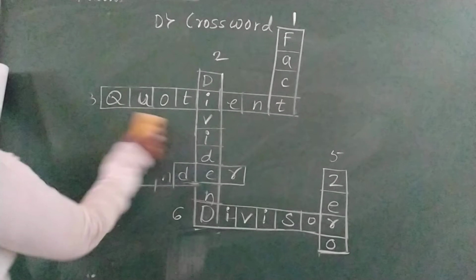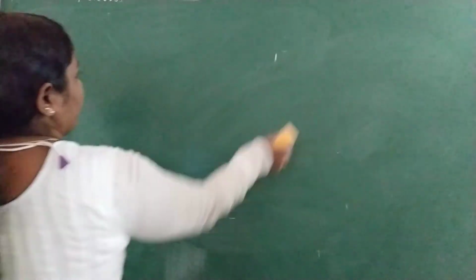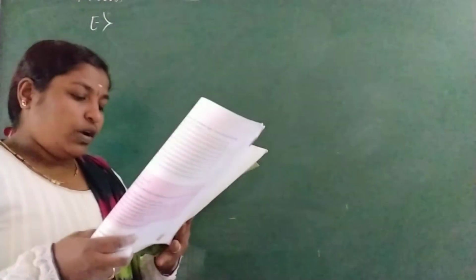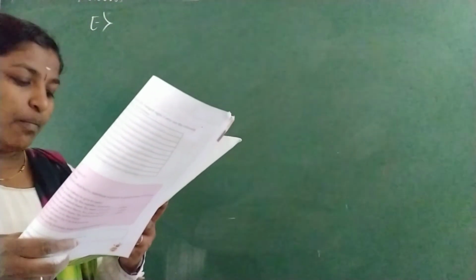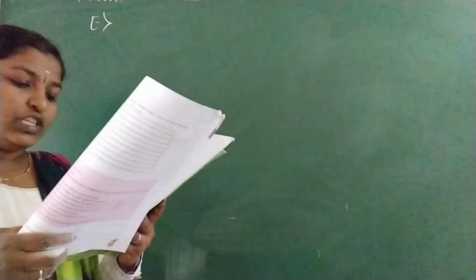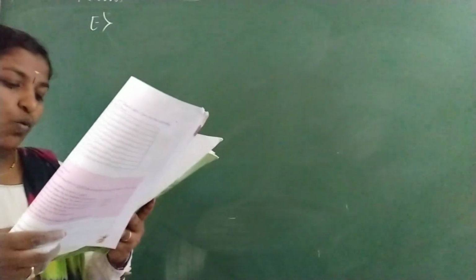So the last word problem, write this. E. In a cricket tournament, the final match was played between City Cricket Club and Modern Cricket Club. Modern Cricket Club won the match and its player Mohit was declared the man of the match. He won prize money of 2,25,000. He shared the prize money with his other 14 teammates. What was the share of each teammate?